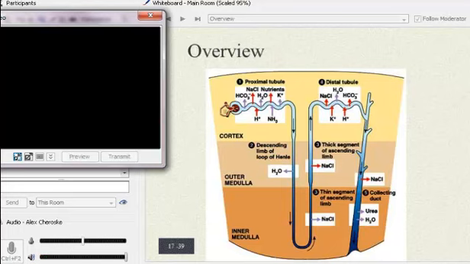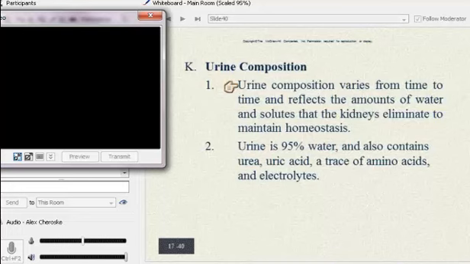Okay. So what that gives us is that ultimately we produce a urine whose concentration and composition is going to change from time to time depending on the bodily needs, right? Sometimes it's going to be more concentrated, lower volume, like if we're dehydrated. Sometimes it's going to be high volume and very low concentration, right? If it's clearer, it looks like water, that's because it has more water in it and less of these different solutes comparatively. So usually urine is about 95% water, and then it contains these other types of molecules and